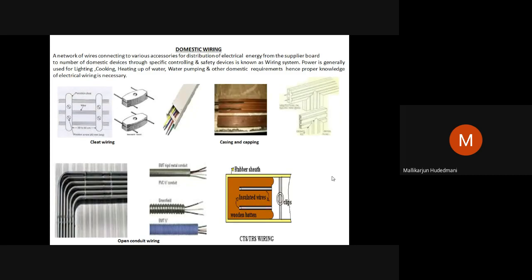They will make conducting tubes, either a GI tube or a PVC tube. While you are constructing the house, as civil work goes on part by part, they will lay these conduits inside the wall, ceiling, and ground, and close the wall mouth with PVC or polythene bags, so that these conduits provide a path for electrical cables to run from the panel switchgear to the end device. So concealed conduit wiring is considered because all the conductors are inside the wall and ceiling.